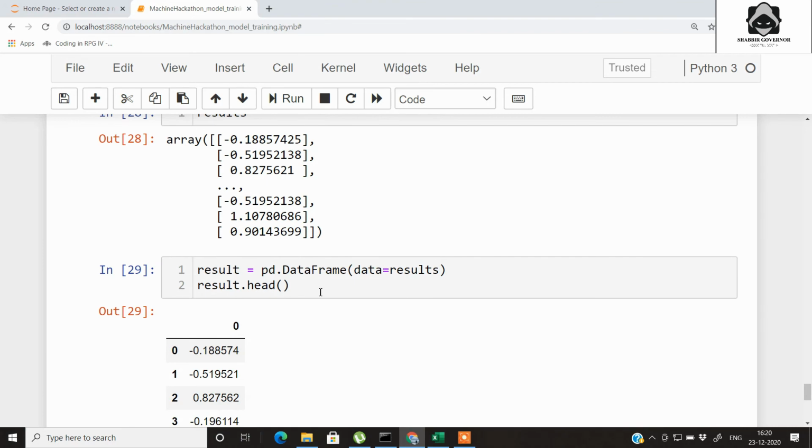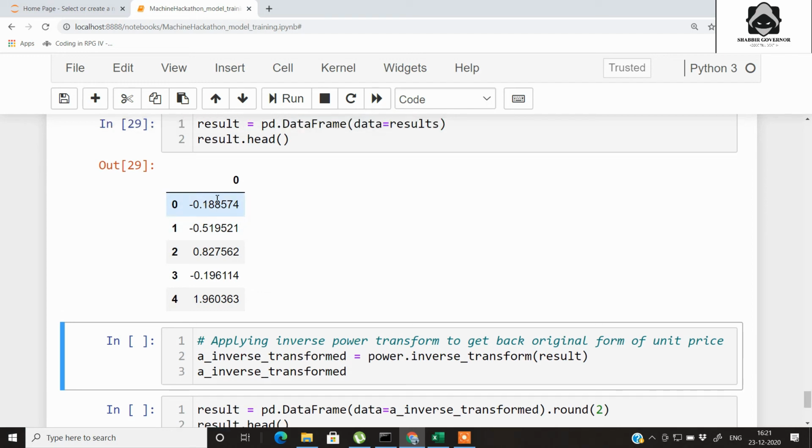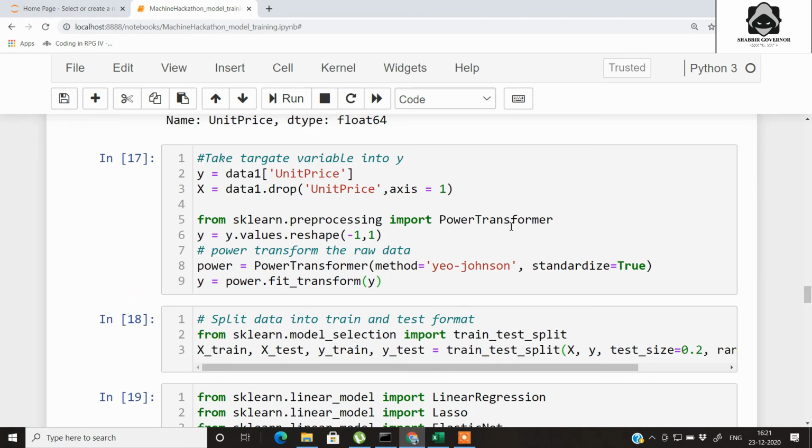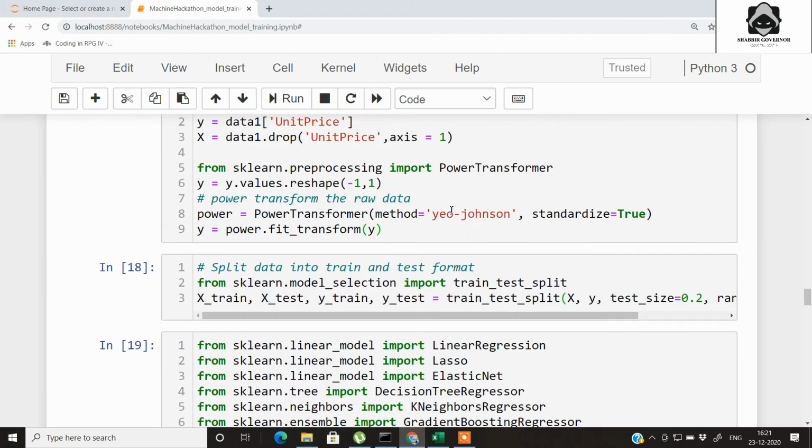Now we have the result captured in the data frame, but one thing you will notice here is that some of the predicted prices are negative. Any person with common sense can judge that this is wrong, right? There cannot be any price which is negative. This is because we had applied power transform above, so we are getting results accordingly. Now if you want the perfect result, we need to apply the inverse power transformer to the results.